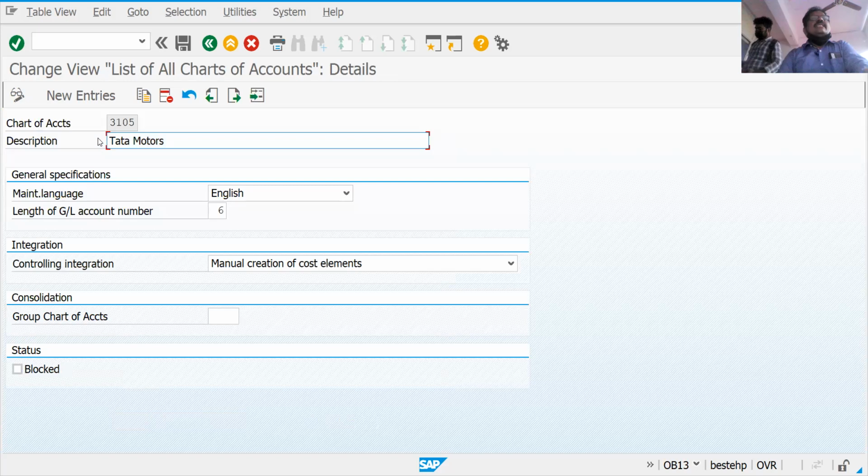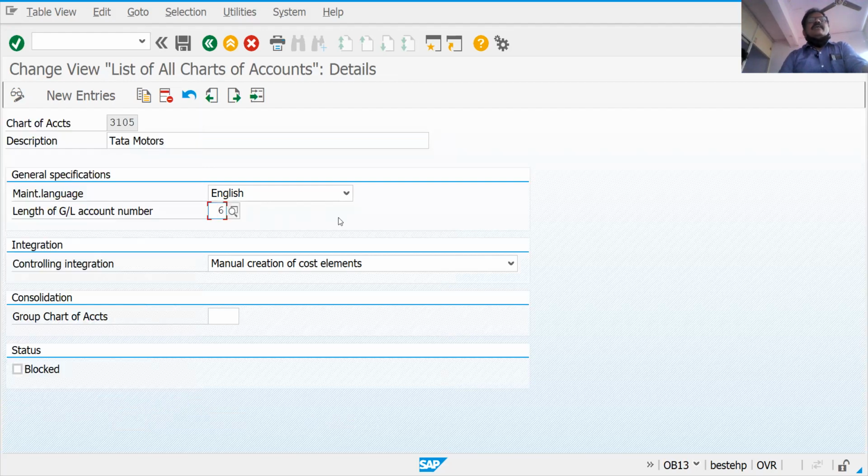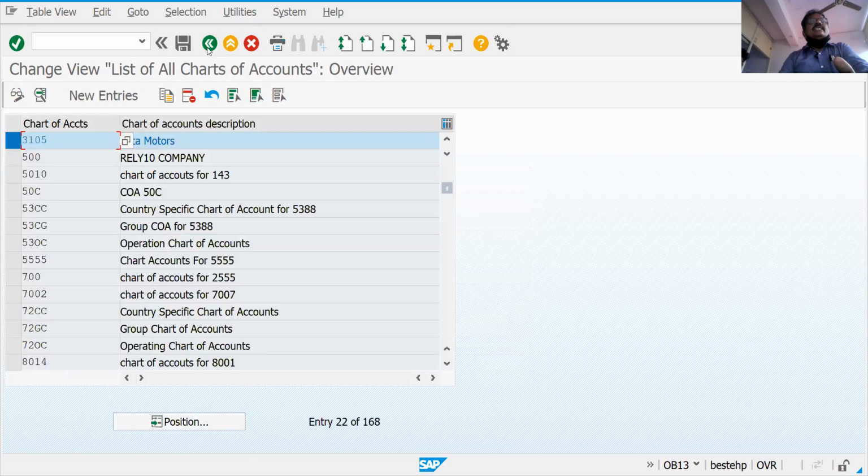If we double click on this, you can see the language key is English, and the length is, SAP provided length is 10, but we are taking 6 here because 10 is too high, and less than 6 becomes too little. We are taking length 6 here. This is the way of creating chart of accounts.